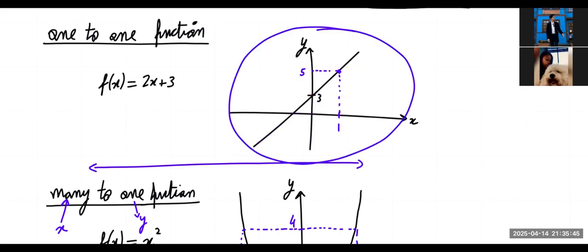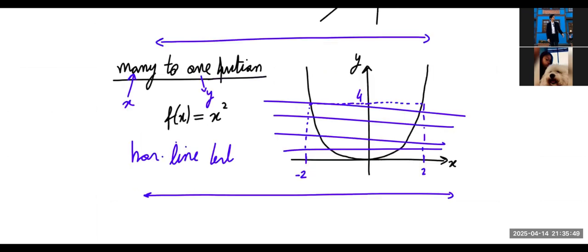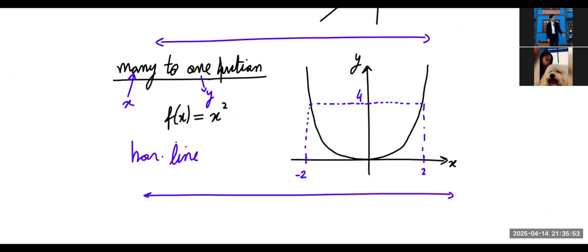This is a one-to-one. Over here, I can make a lot of horizontal lines that touch the graph twice. So this is very clearly a many-to-one. By the way, you only need one horizontal line. Okay. So for example, this guy